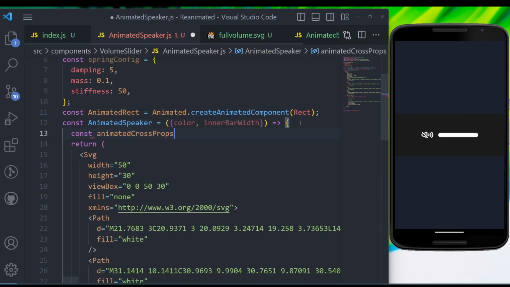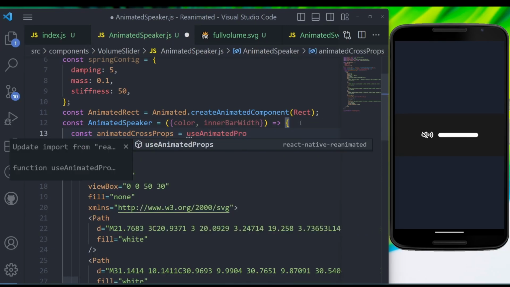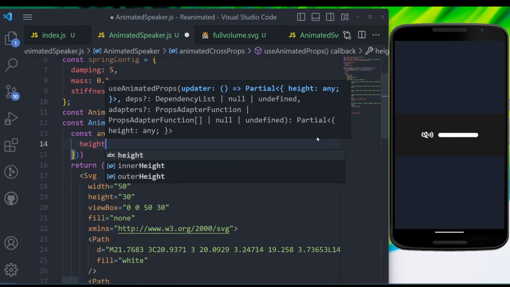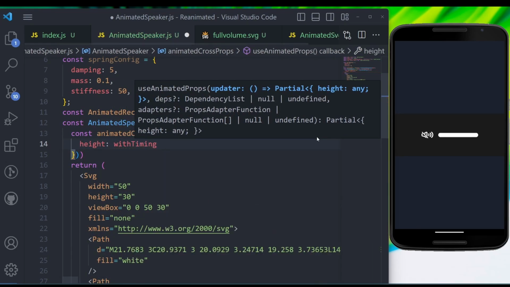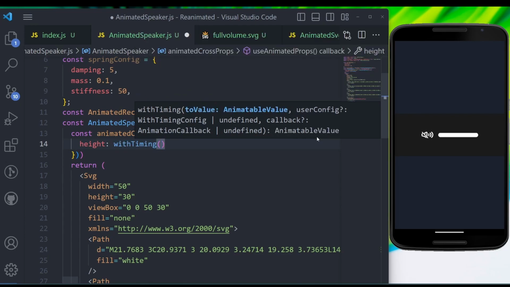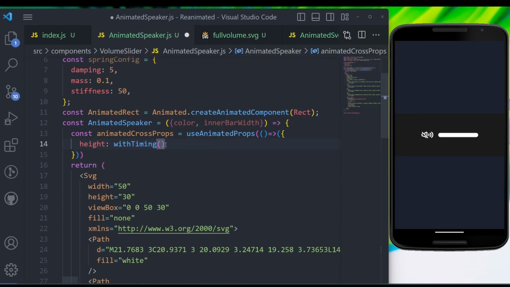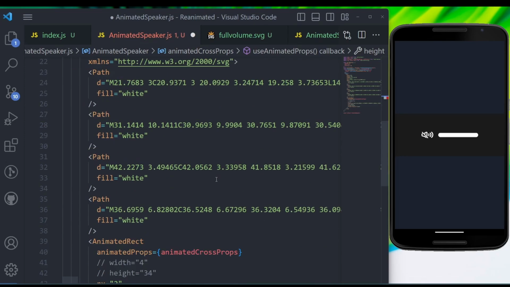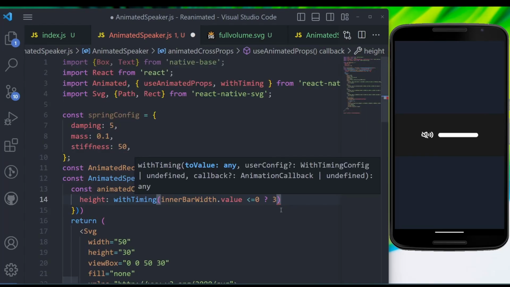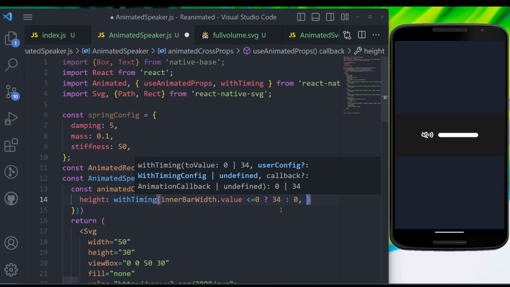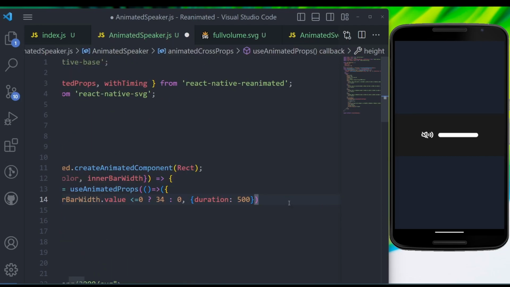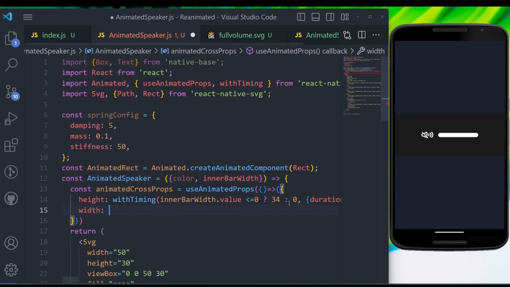So this will be animated cross props, and will again return an object which will have the height, and we'll be transferring the inner bar width dot value. If it's less than 0, then we'll do 34, otherwise 0, and we'll be giving it a duration of half a second. Similarly for width also,